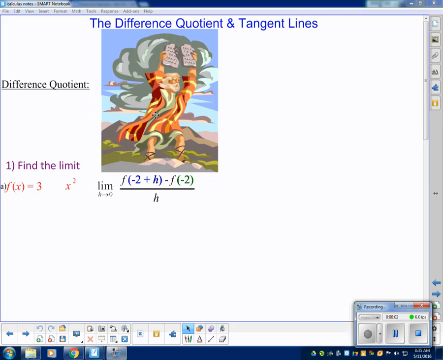The whole reason we're learning about limits is so that we can use them to define what's called the derivative in calculus. So this is all building up to that. The way in which we define the derivative, if I were to draw a picture here,